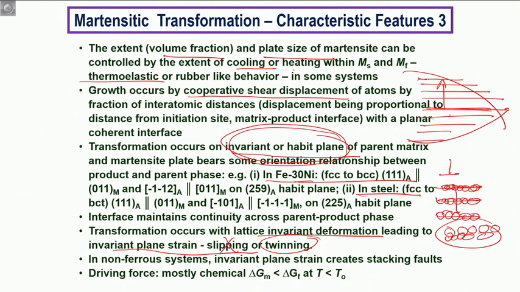In case of non-ferrous systems, this invariant plane strain can create stacking faults. That's also a crystallographic defect, which further makes deformation or deformability difficult, and in the process increases the